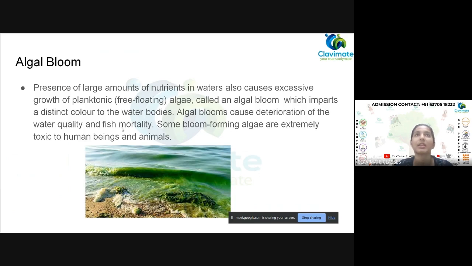See, basically, fish need oxygen to survive. So whenever there is an open bed kind of system, if the algae cover all the upper surface of the water, then the fish will have difficulty in breathing. Basically, that can increase fish mortality also. It can affect the aquatic life.